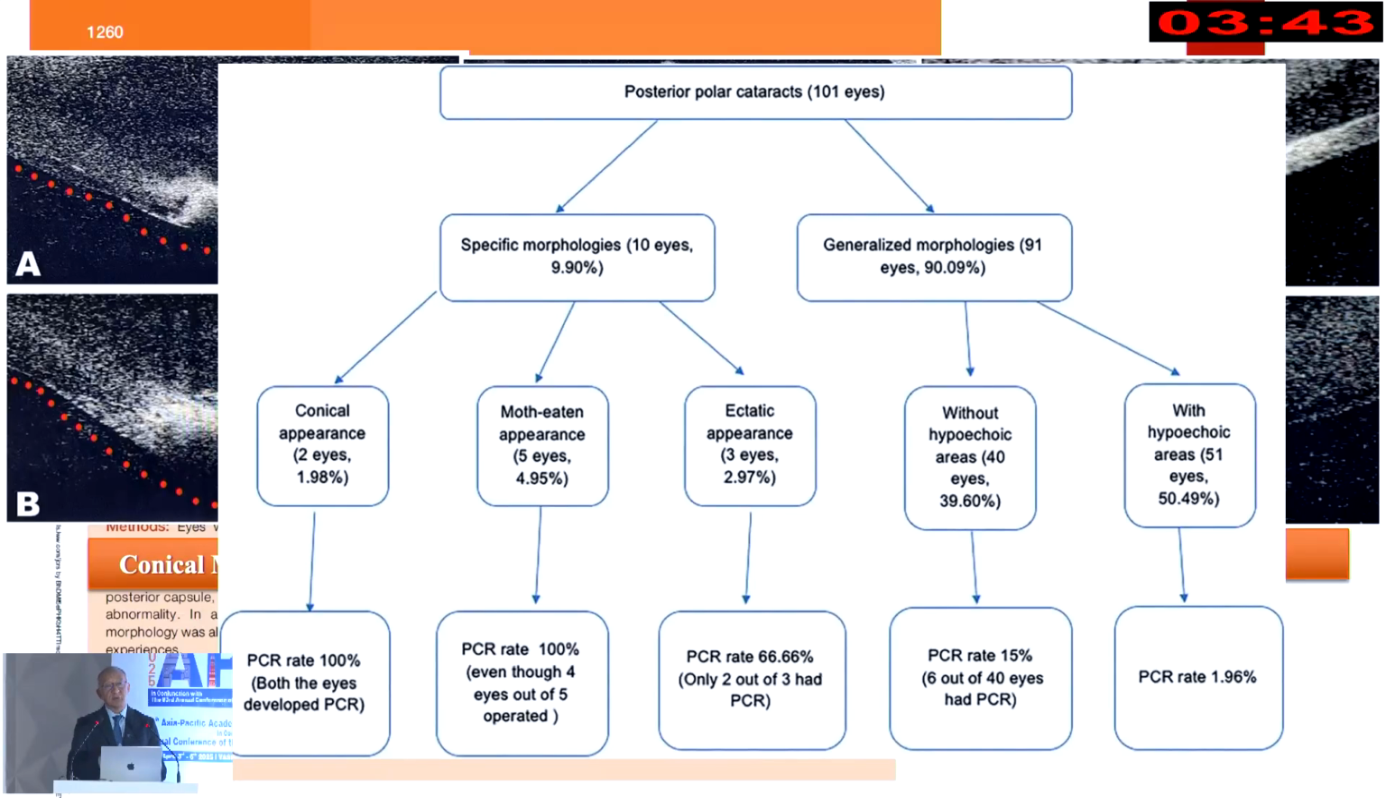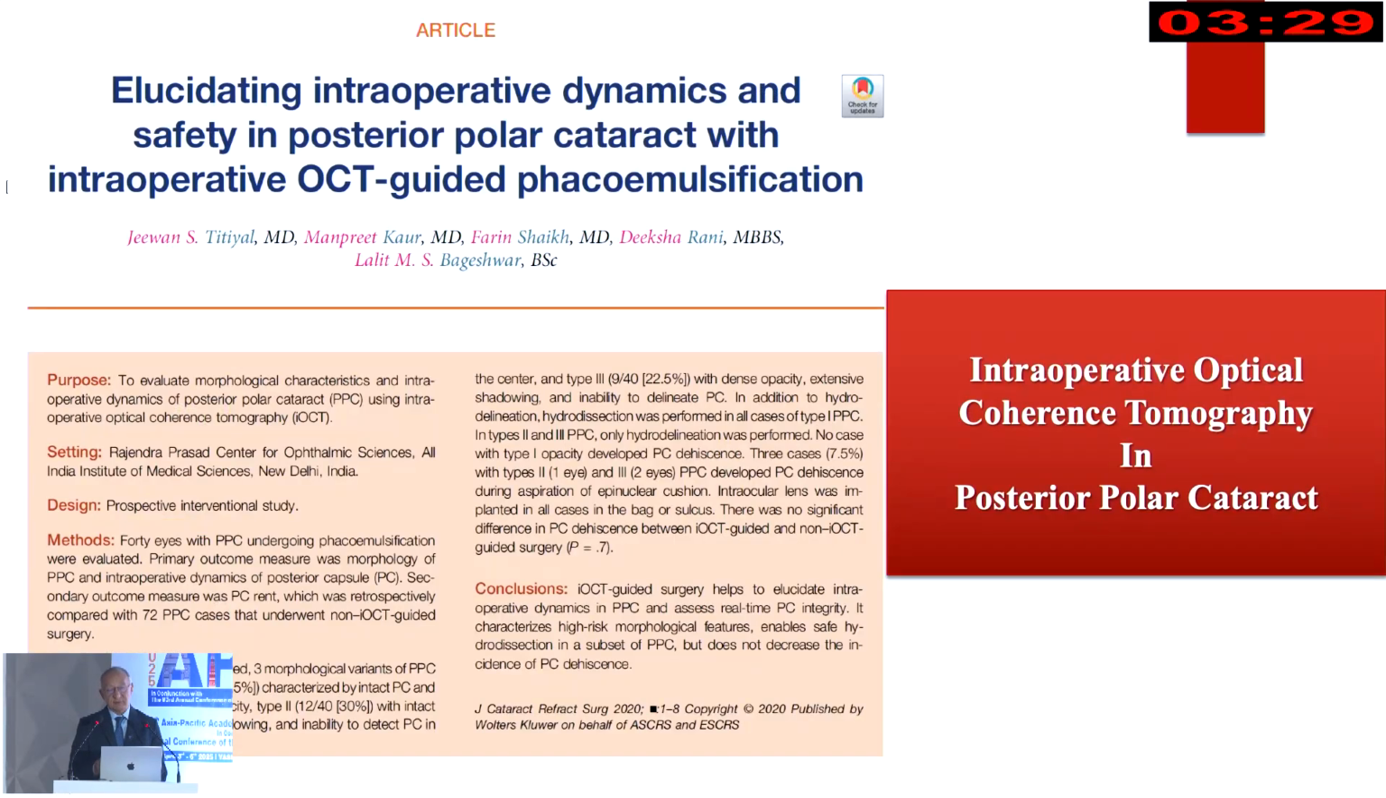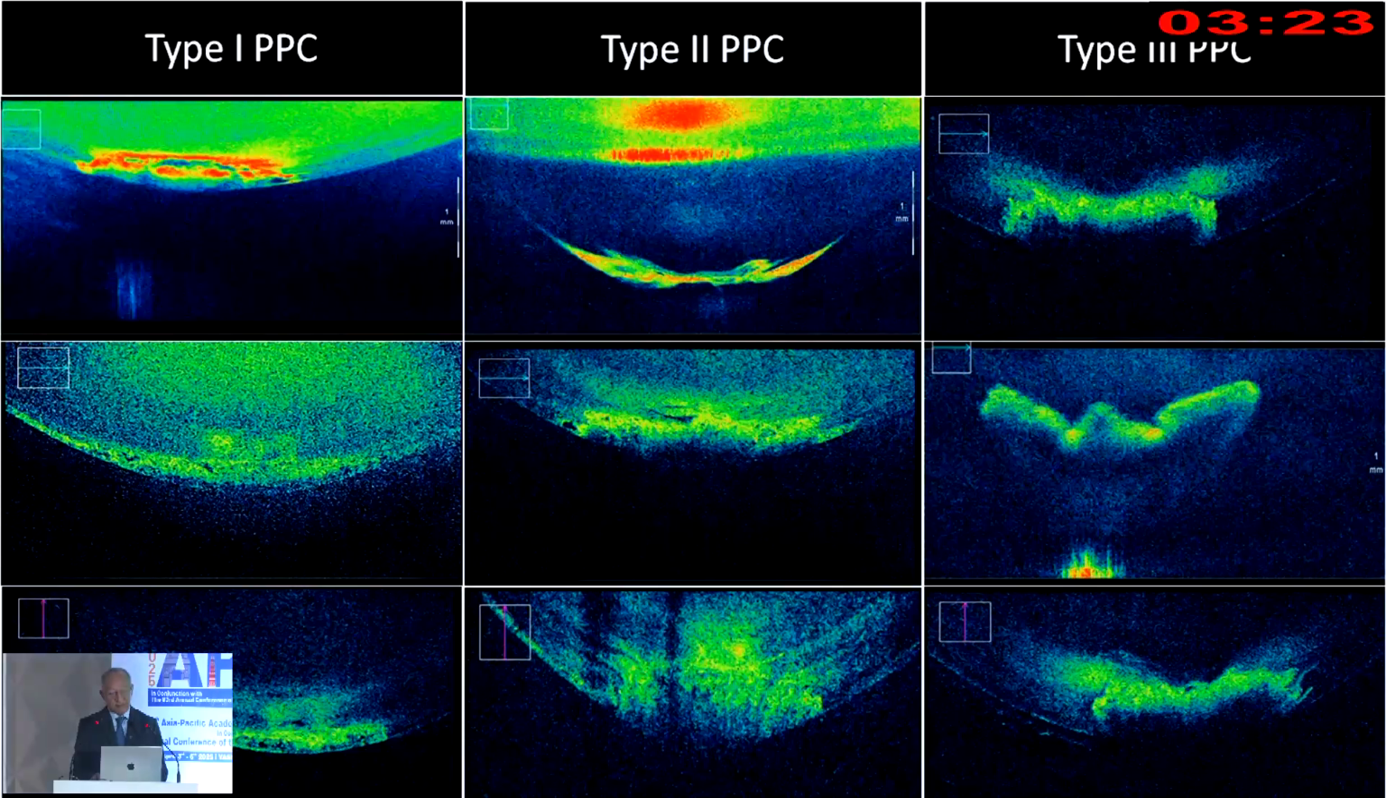This is what we always debate: should we do a hydrodissection or not? I can say if you have this morphology, then you should never do hydrodissection. But if you have a generalized morphology, you may be able to do hydrodissection, and surgery becomes simpler and faster in these cases also. Similarly, we had more than 40 patients where we did an intra-op OCT guided classification